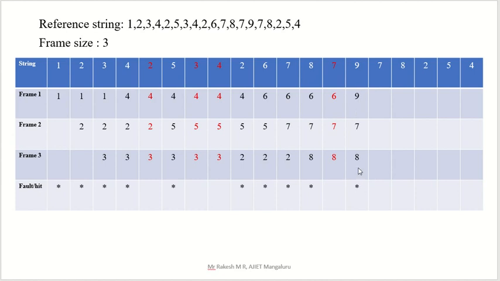And 9 7 8, required is 7. Yes, that entry is there, so again a page hit. Then 8 is asked, 8 is here, so that is also a page hit. Repeat the same thing again. Okay, now 2 is asked by the CPU. That means the CPU is asking 2, but is that entry here? No, so automatically that is a page fault. So here you can write a star mark.